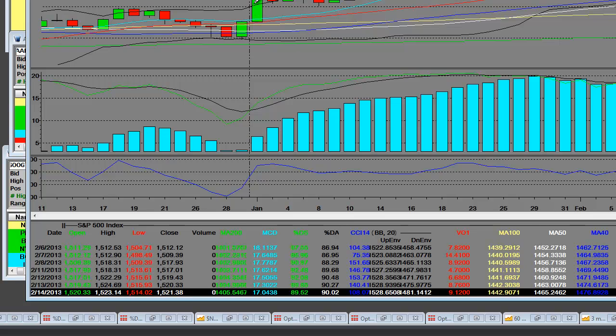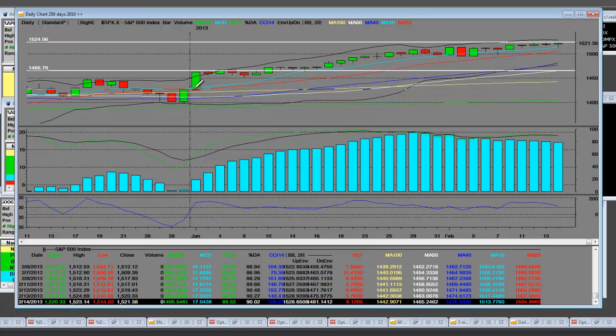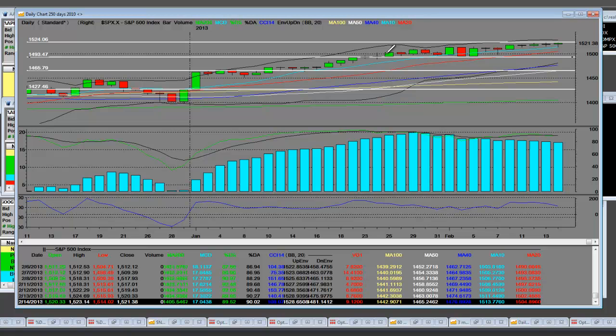This is the S&P 500. This is the way that we started with the gap, just like we did in calendar 2012. And we took out these highs finally, and we've gotten right up here. This is a daily chart. This is where we were consolidating, and we've gradually ramped right up here to the 1521 area that we had talked about several weeks ago. And the intraday price volatility is 9.12 from the bottom up, and there's the rising 10-day moving average and 20. What I would like to tell people is watch the trend line.